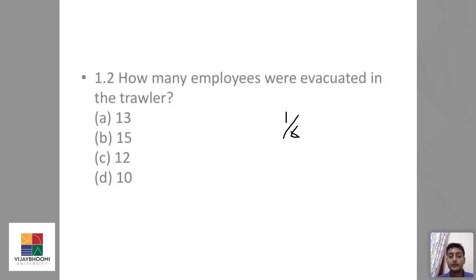So 1/6 went by country boat, and 1/6 went by your trawler. So the leftover is 2/3, right? It's 4/6. So they went by motorboat. We know that 2/3 is 64. So from that we can calculate what's 1/6. So 2/3 is 64. 1/6 in that way would be your,